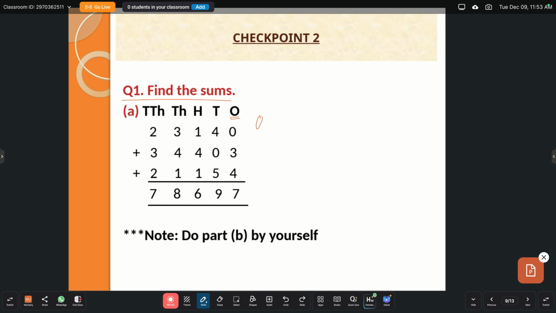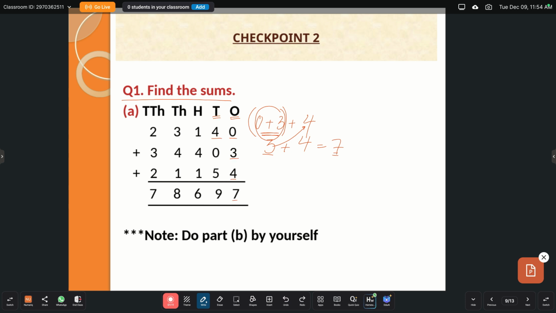Okay, so here our first addend is 0, second is 3, and third one is 4. We will use grouping property here. We will first group these two numbers. What is 0 plus 3? It's 3. And what is 3 plus 4? It is 7. We will then add the sum that we obtained by adding these two addends with the third number.